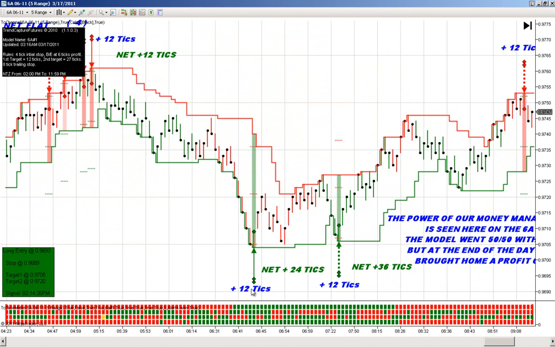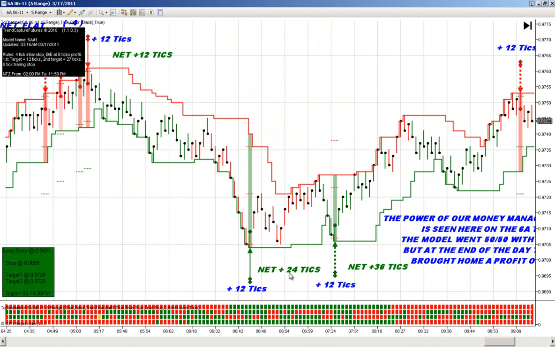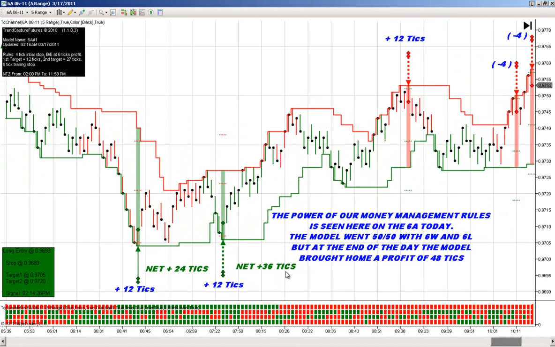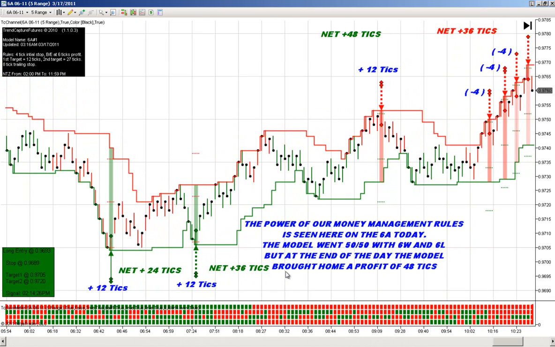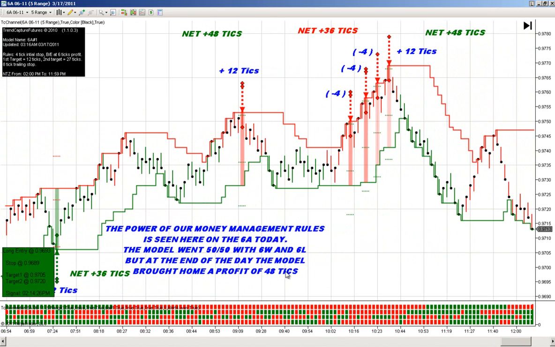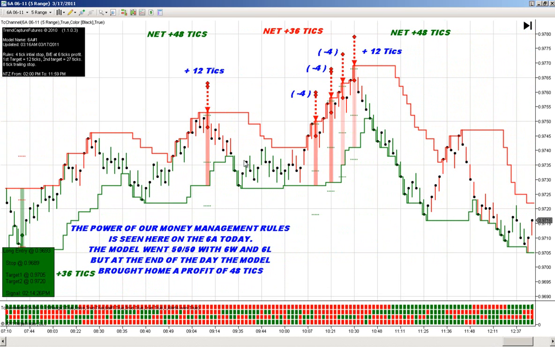So then you had another profit here on this long of 12 ticks. That netted you 24 ticks at that point. You had another profitable one here at 12 ticks. That brought your daily net up to 36 ticks profitability. And then we had a short right here that netted you 12 ticks. This brought you to 48 ticks